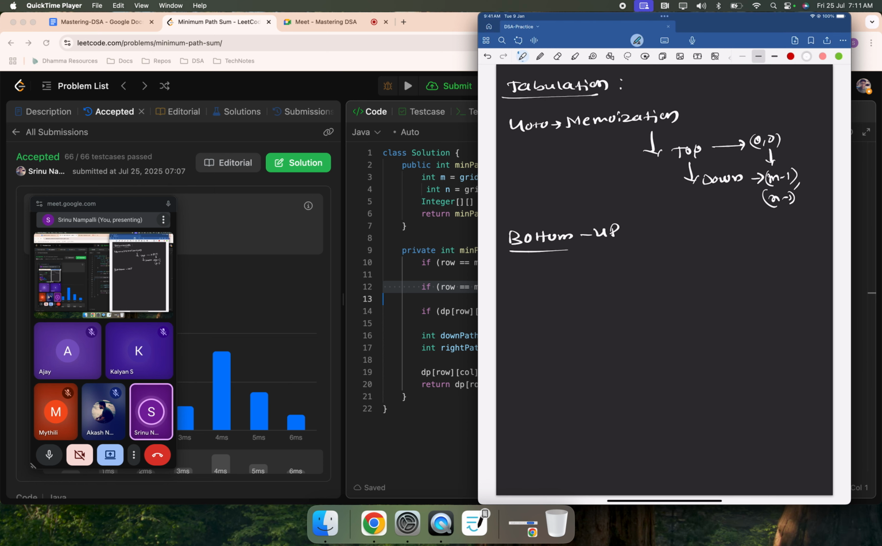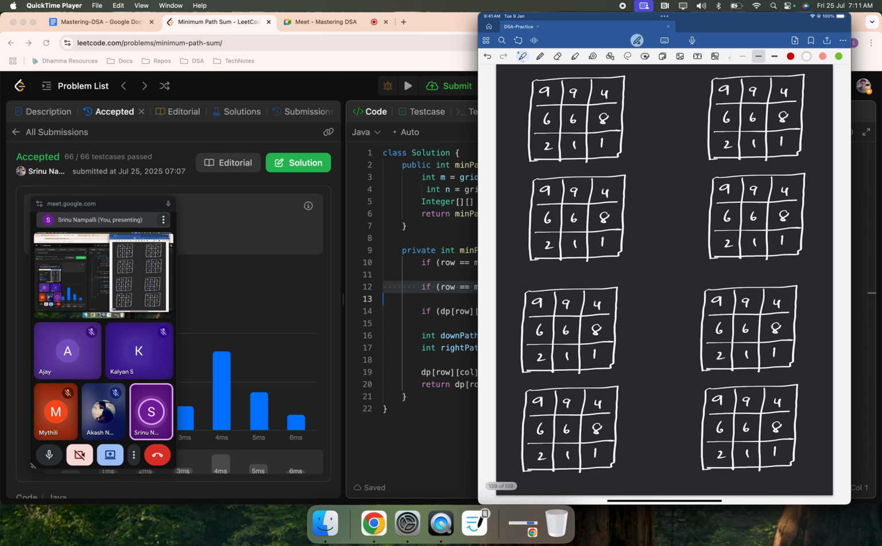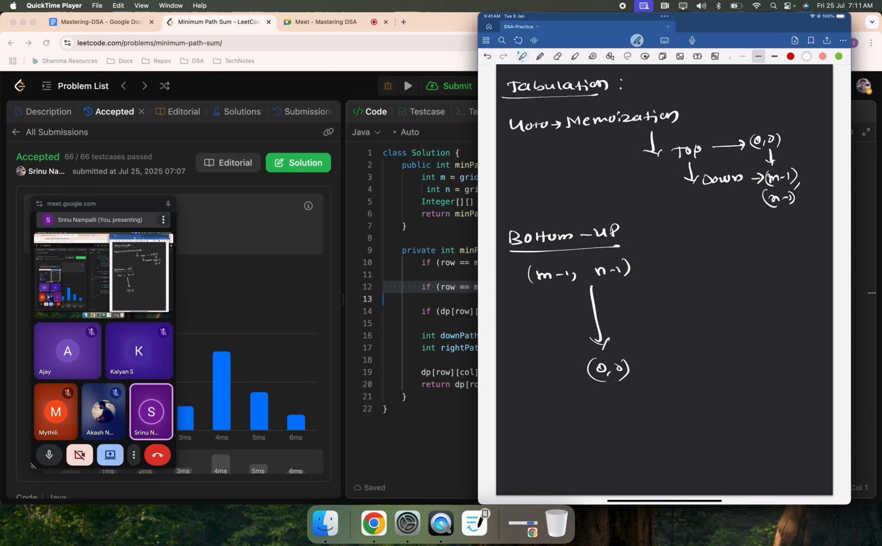Bottom up means you will start from m minus 1 comma n minus 1, then move on to 0 0. So this is bottom up. Now the good part is when it comes to top down,